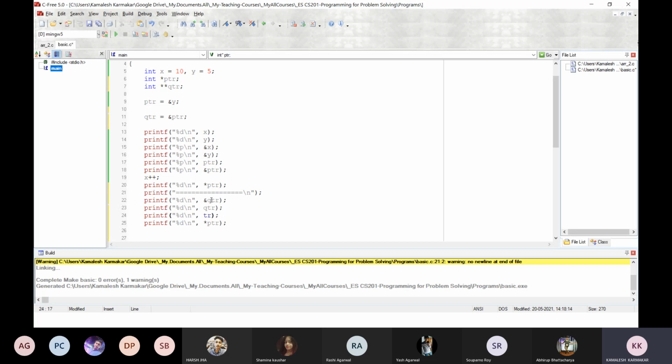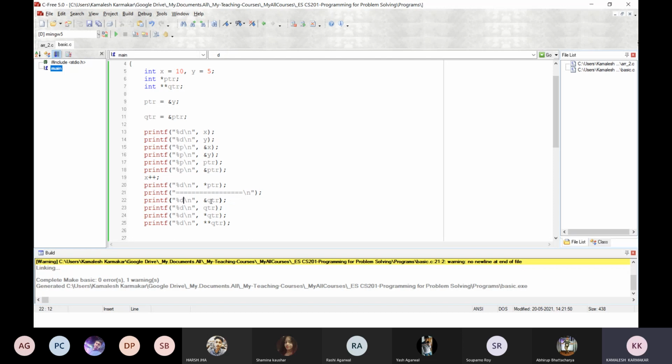Now if I print star qtr, then the content of ptr will be printed. If I use star star qtr, then the value of y will be printed. Okay, let us check.